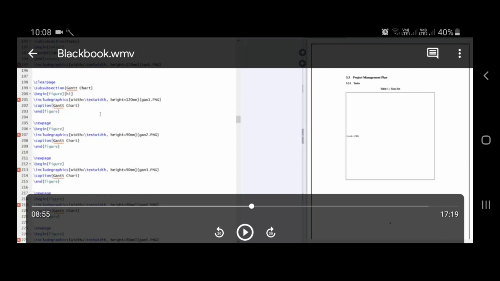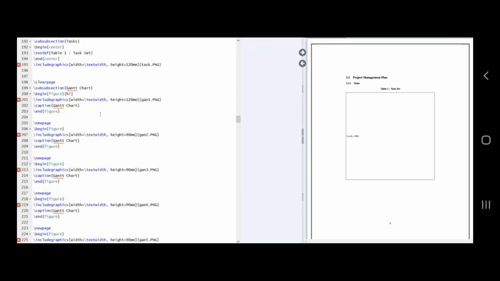Okay, so now we move to the other part. As you can see over here, again there are a number of figures. So we are going to use this \begin{figure}, as they say. Then we have to include the graphics. In includegraphics, like in the last one where we used scale, in a similar way you can use width also. Like you can say what width you want, what height you want. So you can use that also.